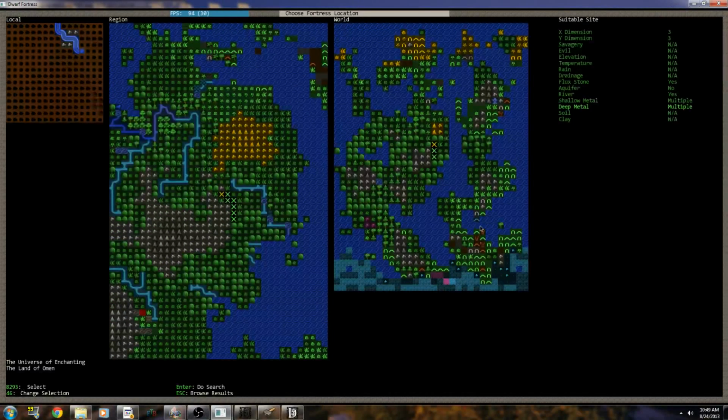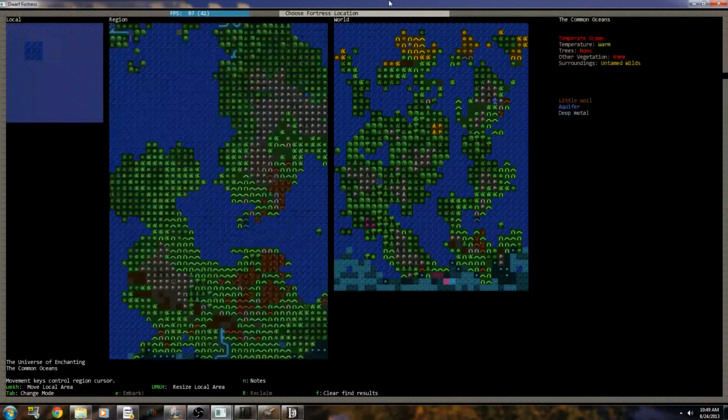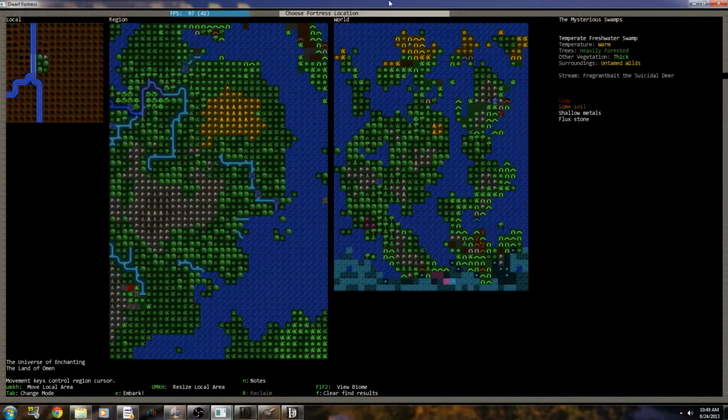Alright, well, it's done. These little X's right here, that's it. That's all there is to it. There's not a lot of options in this world, so let's go ahead and look around just in case. Yeah, it looks like that. That's it, those few X's. All right, so we got this one here, which is clay, some soils, shallow metals, heavily forest,